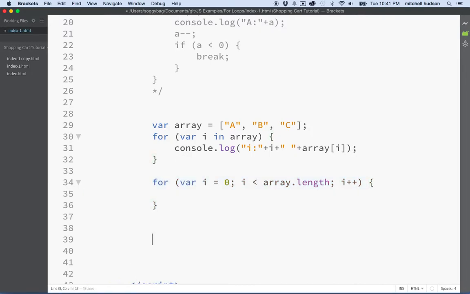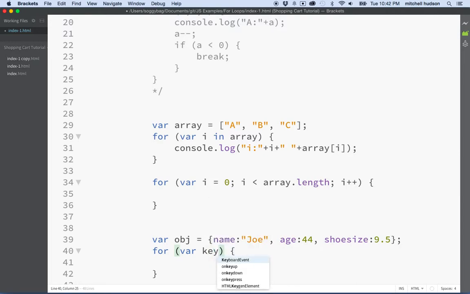Let's do another one. So if you have an object, and your object would look like this, and you might give it some property names, like maybe I'd call it name, Joe, age 44, shoe size 9.5, right? And then if we say for variable, let's call it key this time. Remember, we can use any name for these variables. In